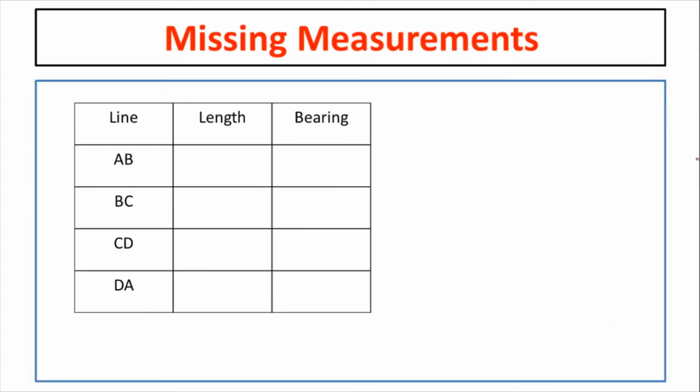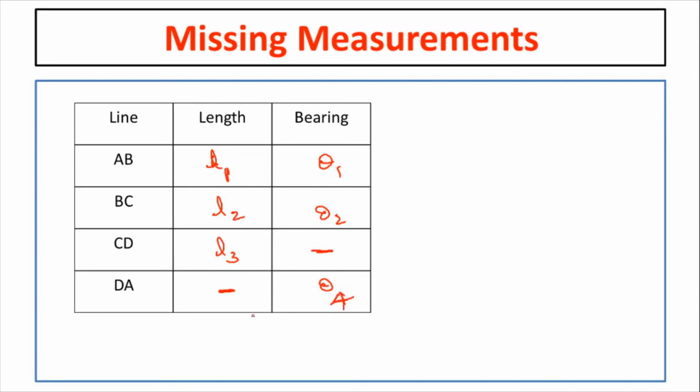Then next concept here is missing measurements. What is this missing measurements? In the field, sometimes we forget to record the measurements. So in that case you can do some calculation and you can find those missing measurements. So let us see how to do them. First you have the four lines here and you know the length of line L1, L2, L3, and suppose you forgot to take a length of this line in the field. And bearings also you have taken. Suppose this is theta 1, theta 2. Bearing of this line you have forgotten, but bearing of this line you have taken. So like this you have taken the measurements.